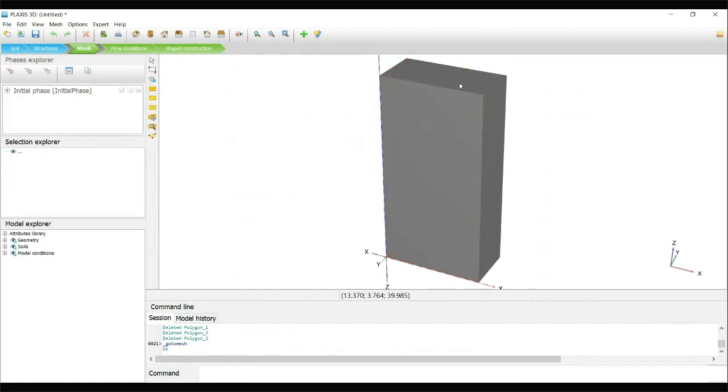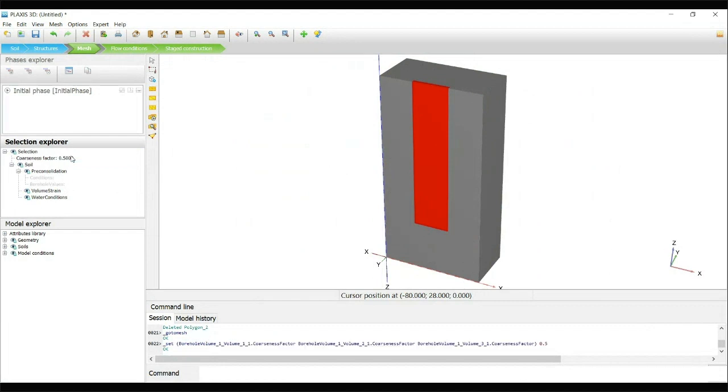So we can select this diaphragm wall element, and it will have a finer mesh compared to the remaining area. How to modify? Select volume, multiple selection volume, and then drag the window. Now we are able to select all three smaller volumes. Now we can change the coarseness factor to 0.5 instead of 1, so that when we create the mesh, this area will be finer than the remaining area. So we just consider the coarseness factor 0.5.